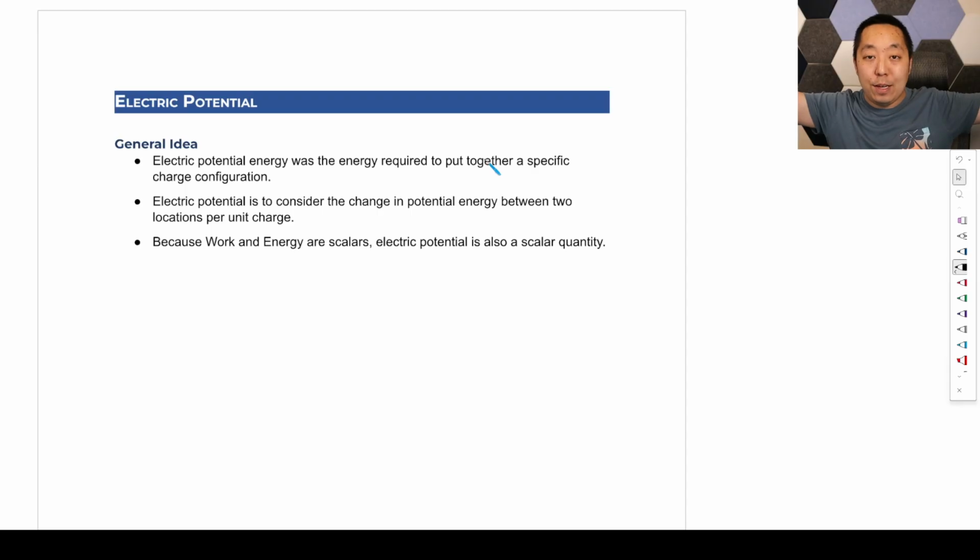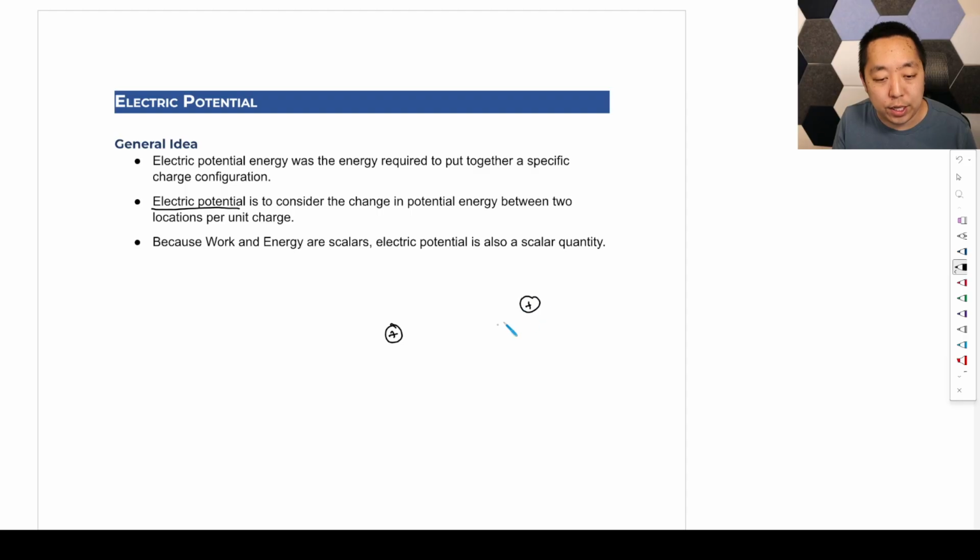If they were at infinite distance and I bring them together, that's the amount of work it would take to assemble those charges in that specific charge configuration. So think about it like this: when you're assembling charges, it takes energy. Let's say you have two positive charges, right? There's an energy at this state,